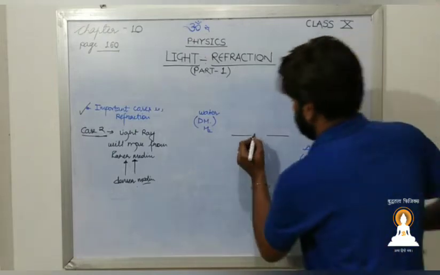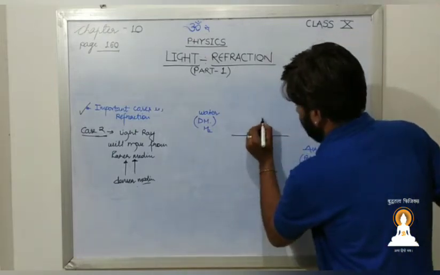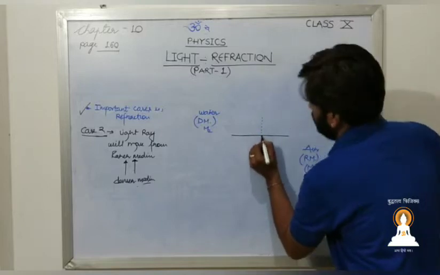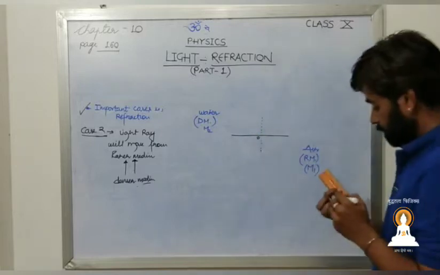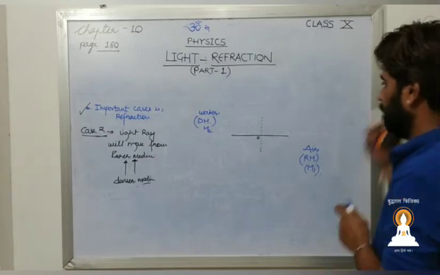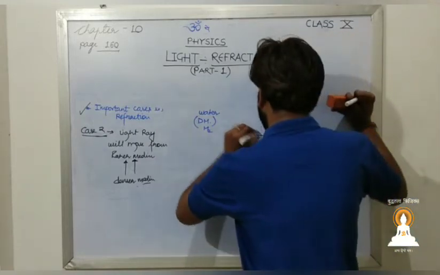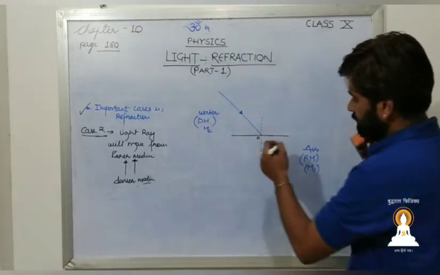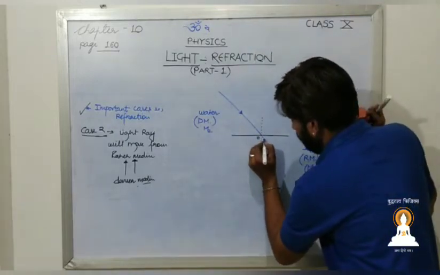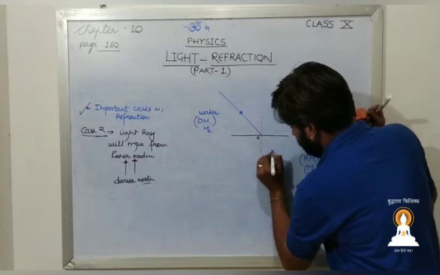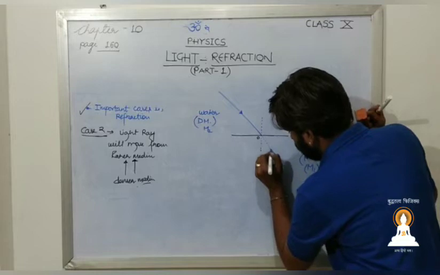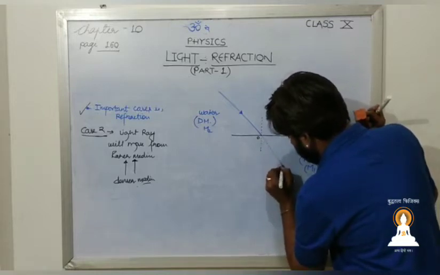Now in this particular situation, again we are going to draw a normal. Yes, the point of incidence is O. So when a light ray comes from a denser medium towards a rarer medium, if I treat it as a straight one, when no medium is there, then it will look like this. You should draw this so that you may better draw the next one.